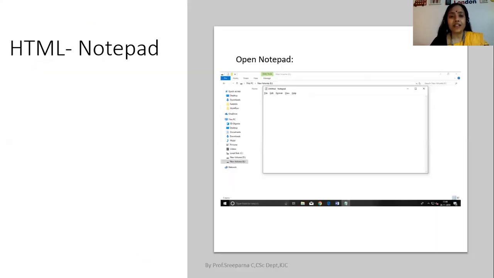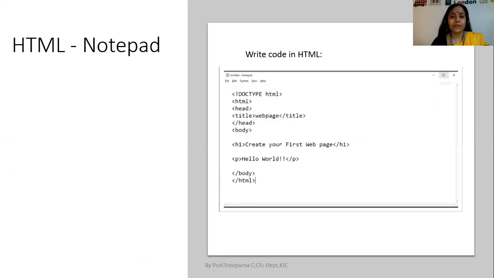Let us see the example of how Notepad works. At first, as you can see in the picture, we should open the Notepad. After that, you type the desired HTML code into your Notepad.